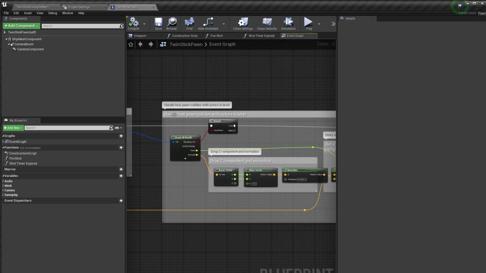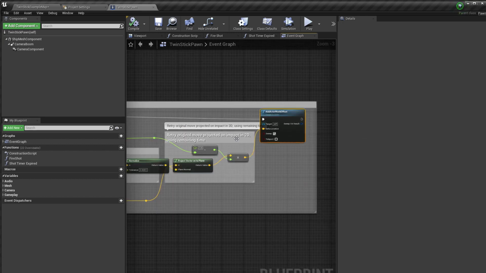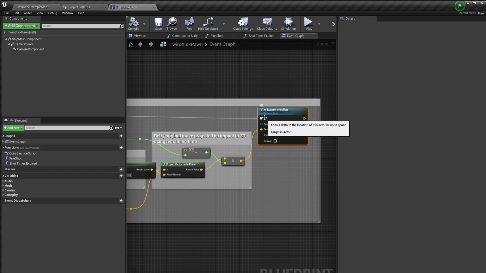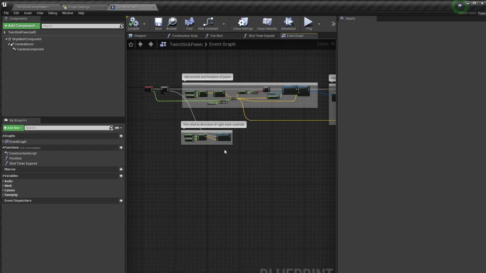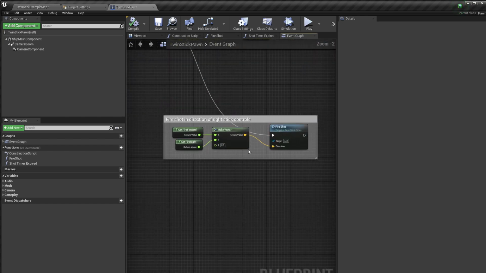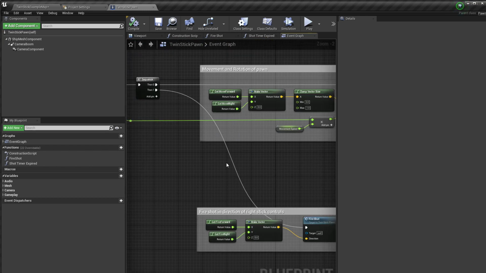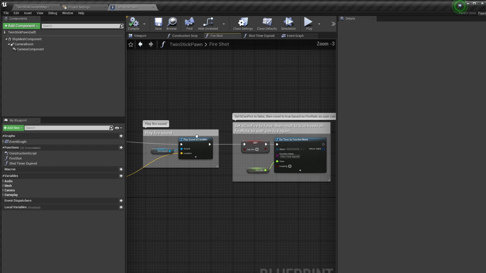And then this is handling collisions. So you can see they put some notes on it. And then this is adding the world offset for it. So this is moving that little ship thing around. And then this is firing in the direction that you want to fire. I'm not sure. Let's see, fire shot here. They have,